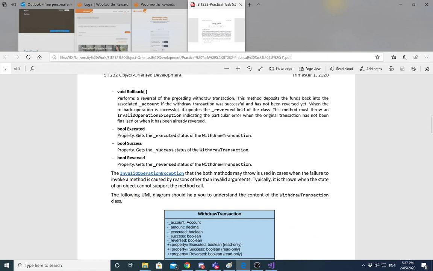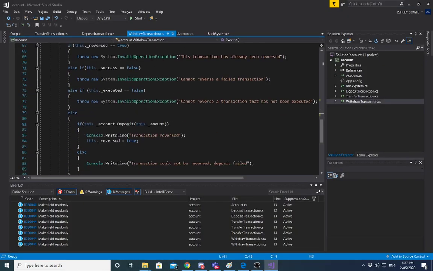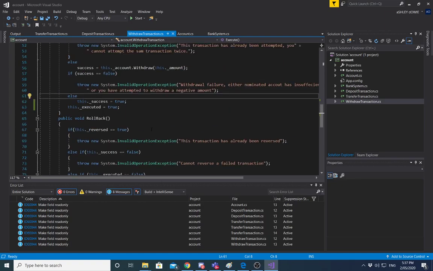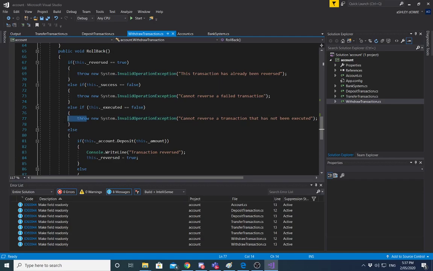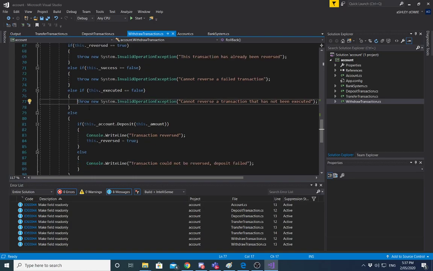So rollback is basically undoing what we've done in the transaction. The opposite of a withdrawal is a deposit. So when we do a rollback, we check if the rollback's already happened. If it has, throw the exception. If the transaction never succeeded, it wouldn't make sense to reverse it because it never really occurred in the first place. Same with executed. If it was never executed, you cannot reverse it because it never really happened in the first place. But if those things aren't true,